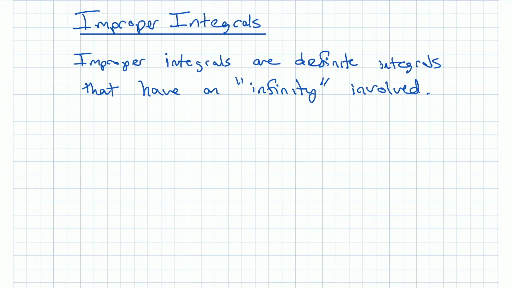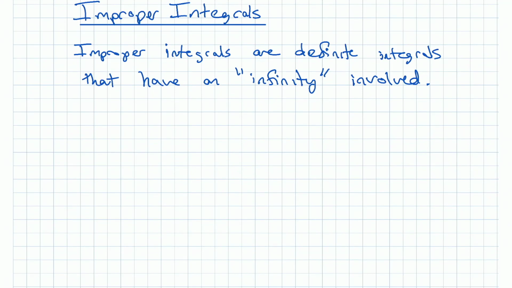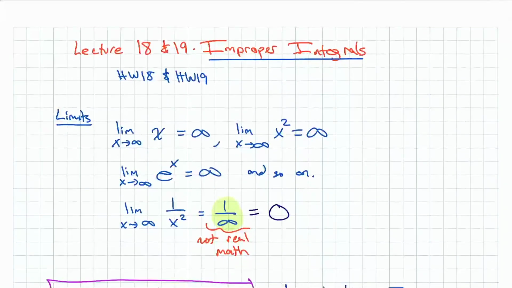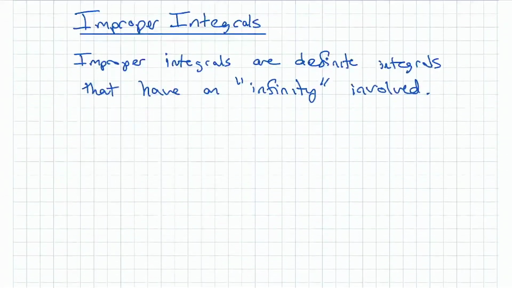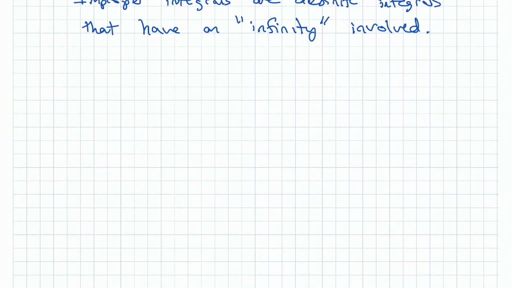Now, how is the infinity going to be involved? Well, basically there are only two types, and the two types are why there are two homework assignments, really. So there's a homework 18 type and a homework 19 type. They don't really have names, by the way. Some books will try to call them type 1 and type 2, but there's no reason why one would be type 1 and one would be type 2, so don't worry about that. But there are two types,